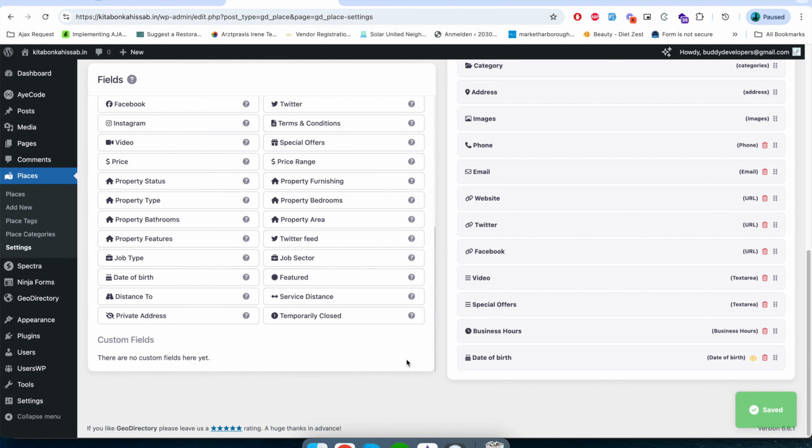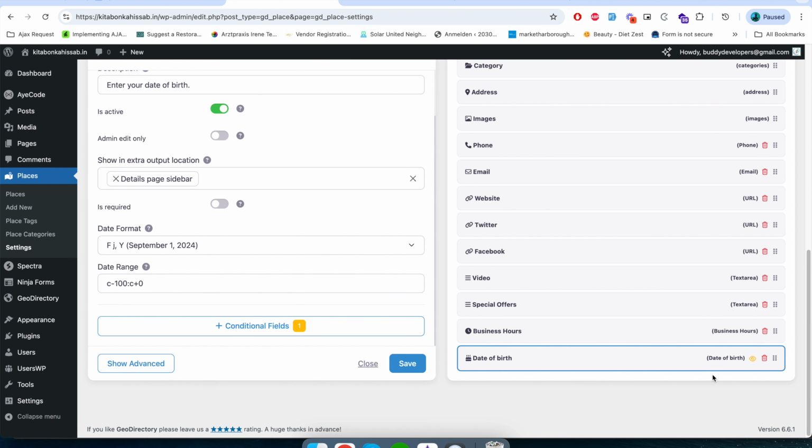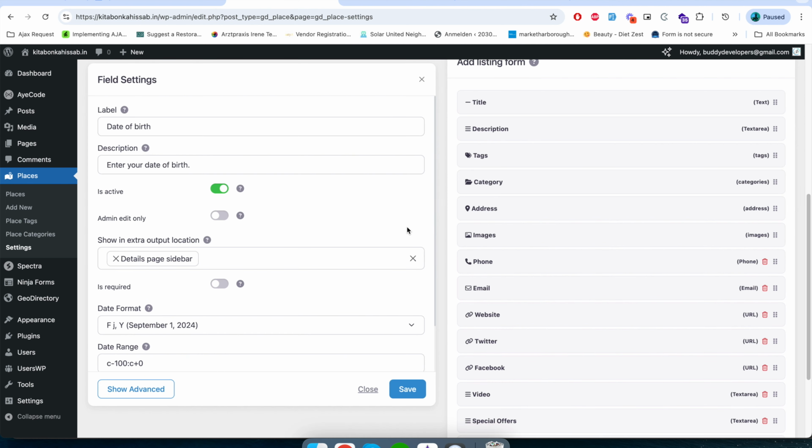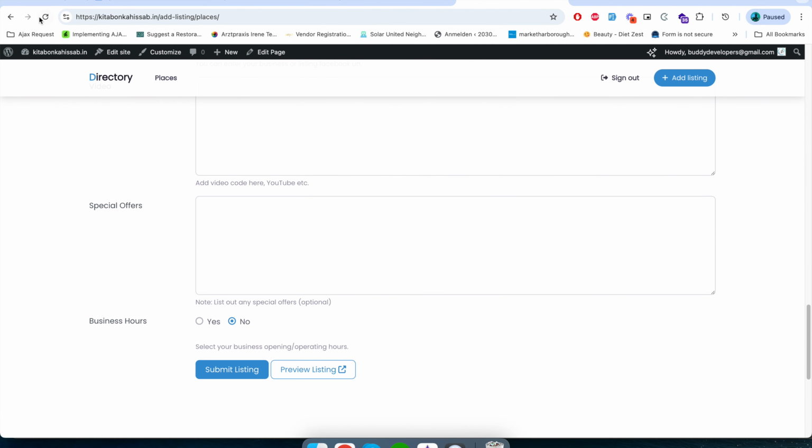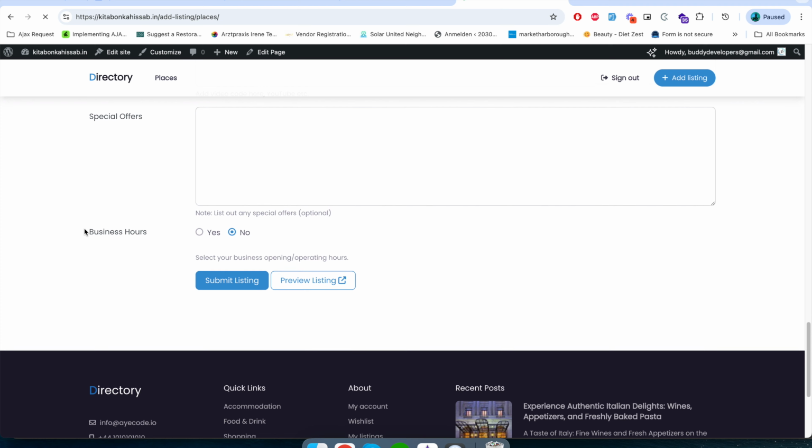I'll just click on save change. So now this field is saved, and the field which have a condition, they get this eye icon. You can see here has conditions. Okay, so now if I refresh my page in the front end, this add listing page,